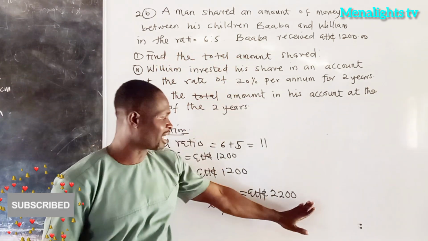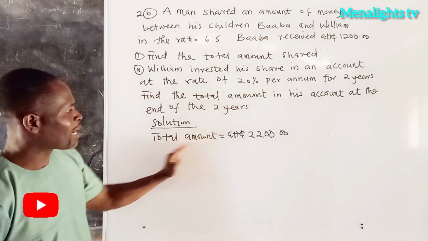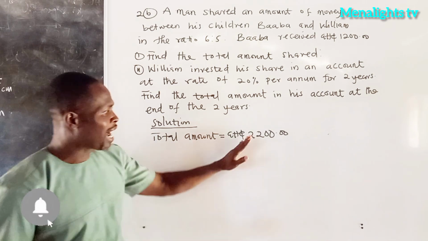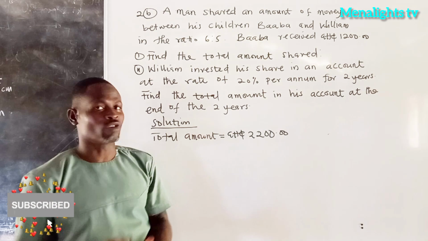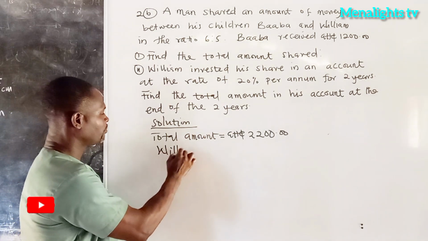So the total amount shared per our calculation is 2,200. So out of that 2,200, Baba received 1,200. So we have to find William's share. So William's share